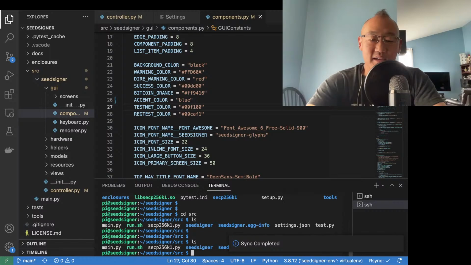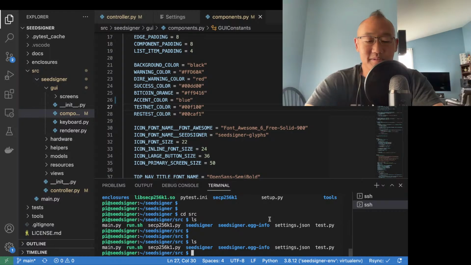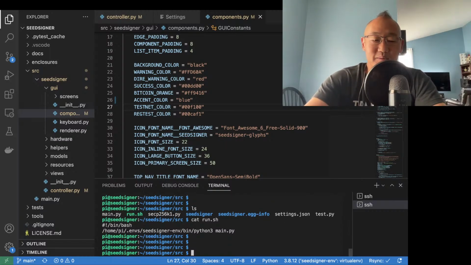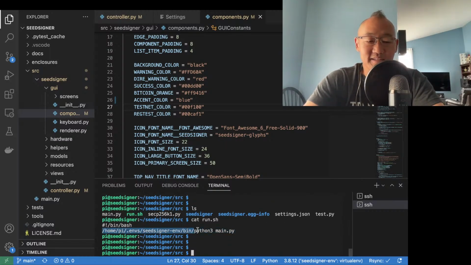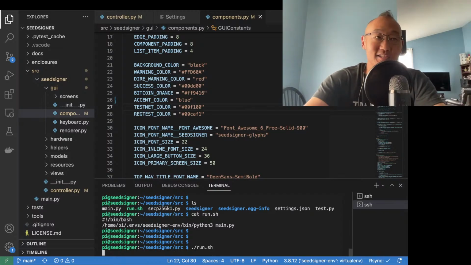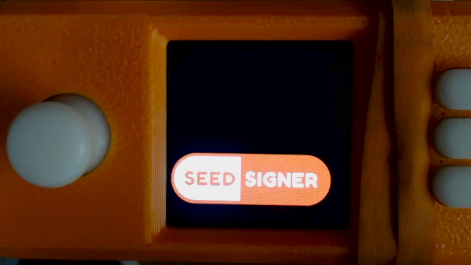And then on the Pi, I have this convenient script called run.sh. run.sh is just something I made myself, where all it does is find the Python executable from within our virtual env, and then call main.py to start the SeedSigner app. This way I don't have to remember any commands. I can just call run.sh. And then let me bring back the webcam. So when this starts up,